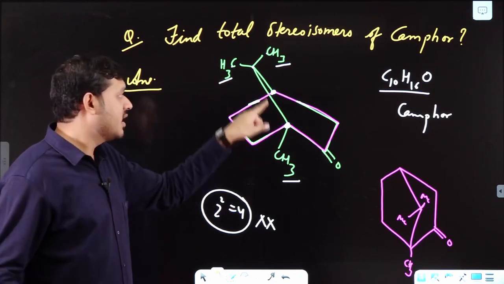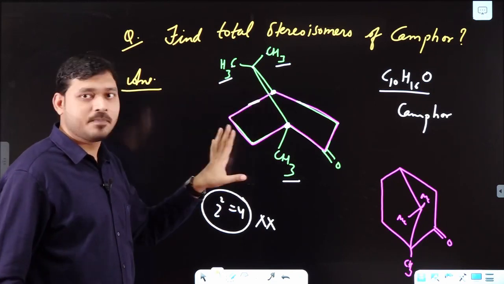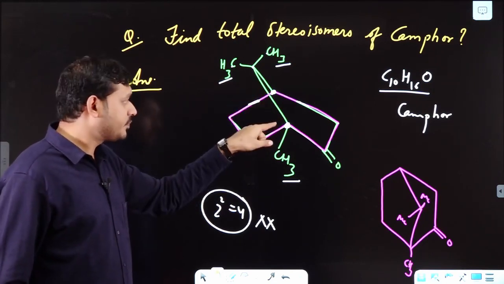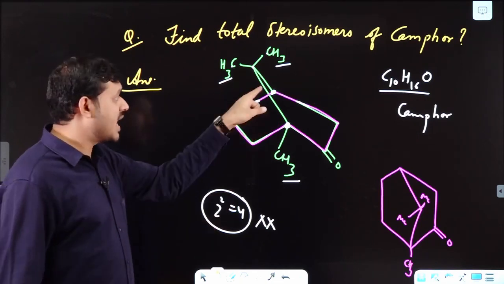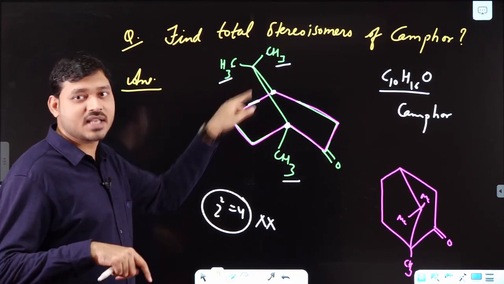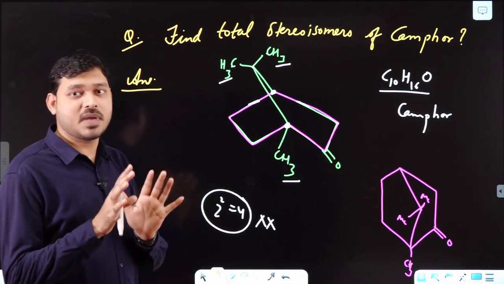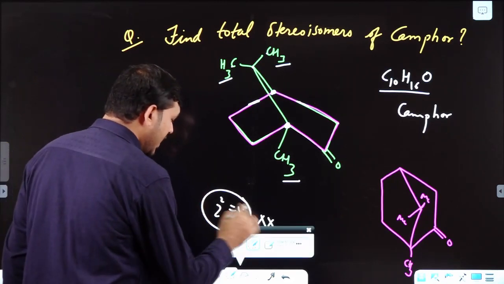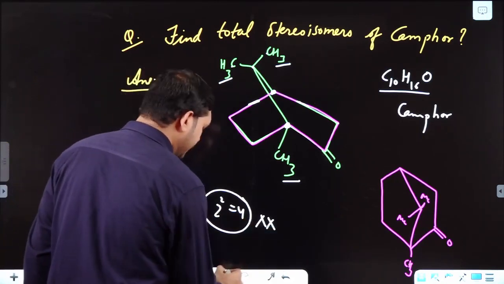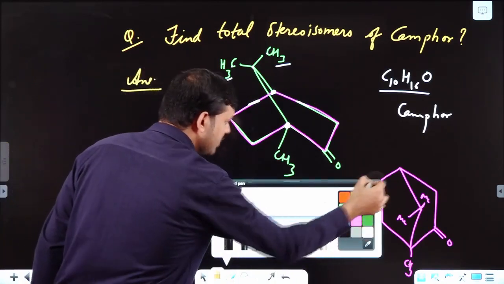You cannot make this S and this R. If it is RR, then the other part will be SS. If it is RS, the other part will be SR. Only 2 enantiomeric pairs are possible here. So I can tell that the total number of possible cases will be